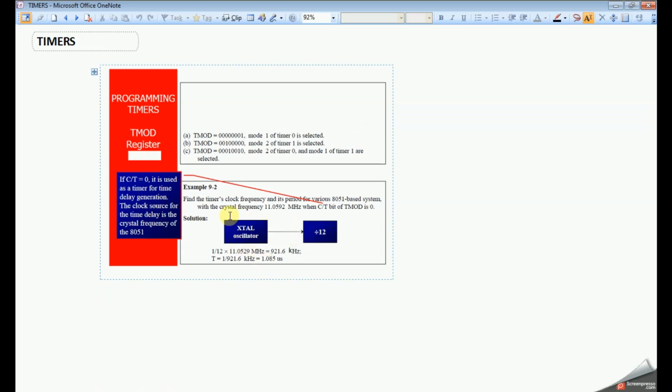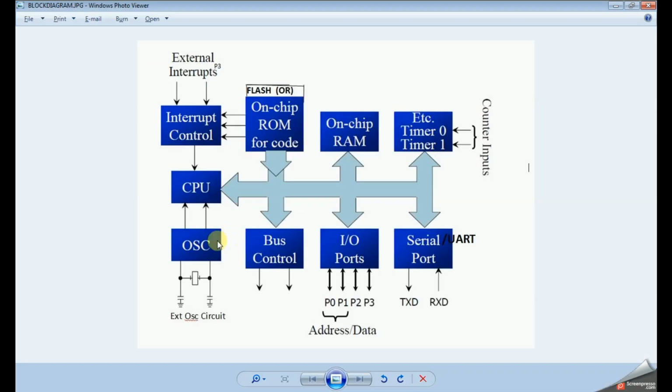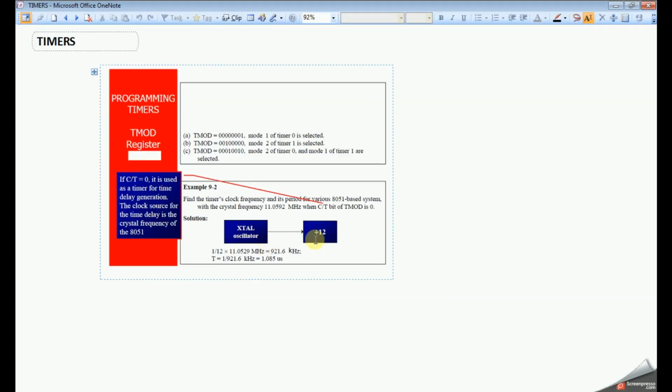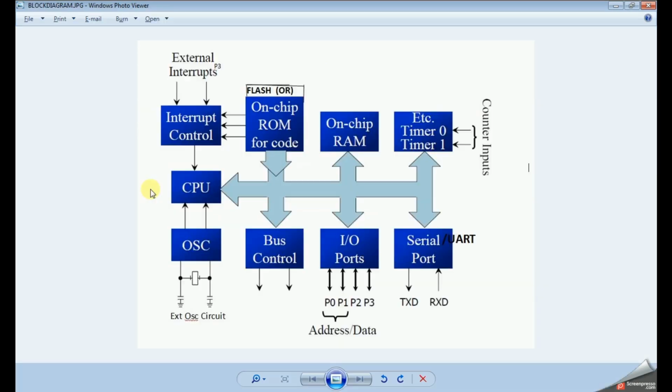As I told, these timers or counters use the system clock, that is the crystal oscillator circuit, as I discussed here. So it is using this external oscillator circuit. The timer architecture is designed so that the clock is first divided by 12, and only then is it given to the timer or counter block. For example, we get 11.0592 megahertz, which is divided by 12, and then that clock is given to this timers or counter block.